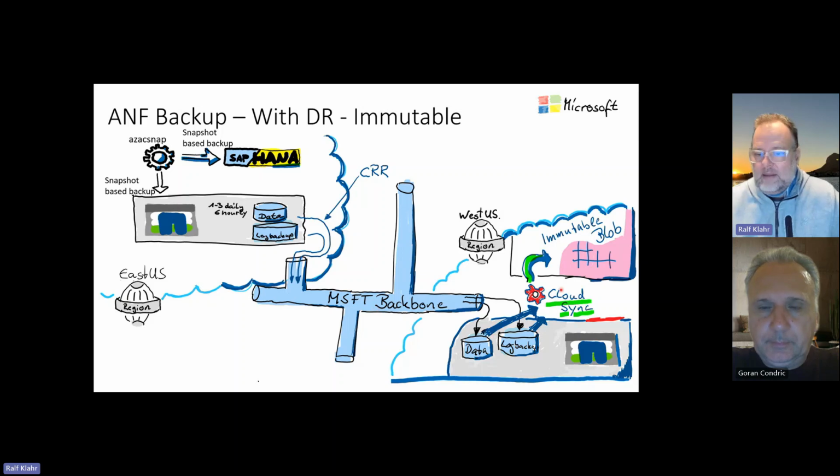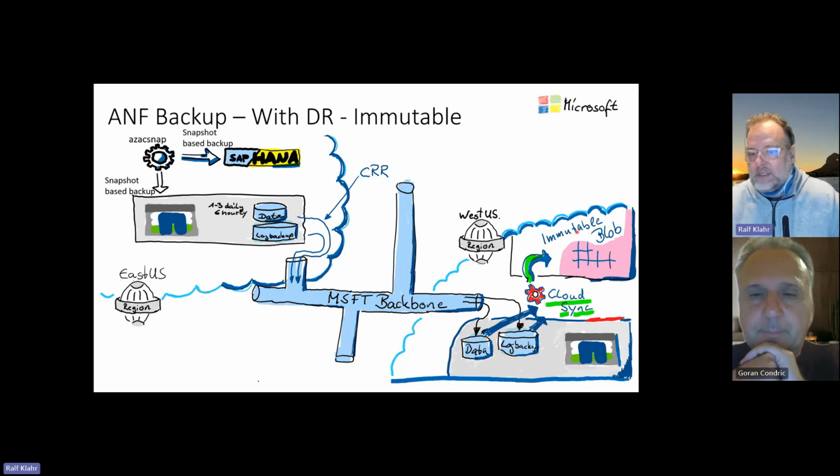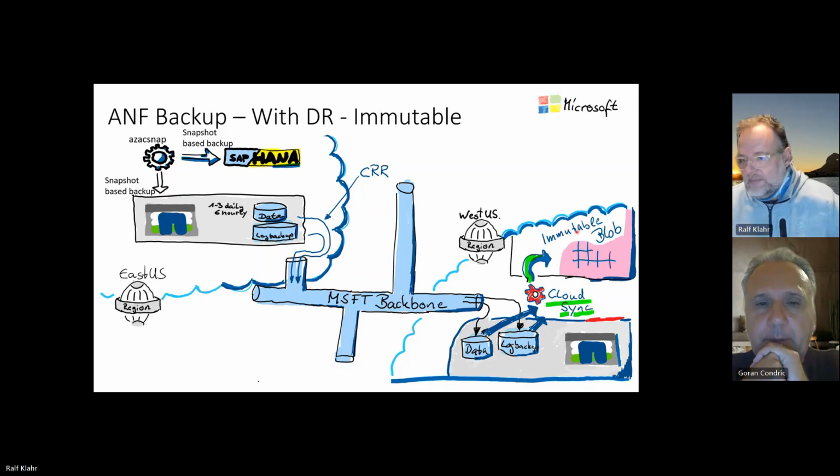And then I use CloudSync in this scenario to back up the log backups every 10 minutes to the immutable blob space, and the data every hour. I also run this to back up only the daily snapshots, for example. So we create hourly snapshots and daily snapshots, and to protect only the daily snapshots, I have a certain filter in CloudSync, and here, of course, I take only the daily snapshots and protect them to the blob space.